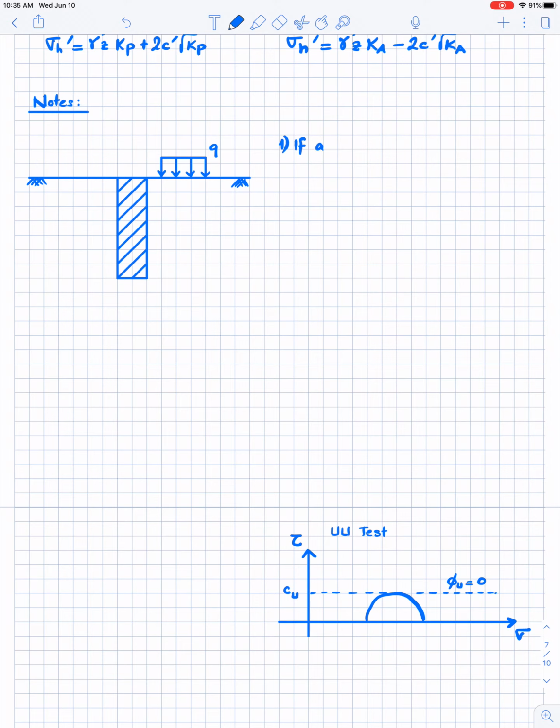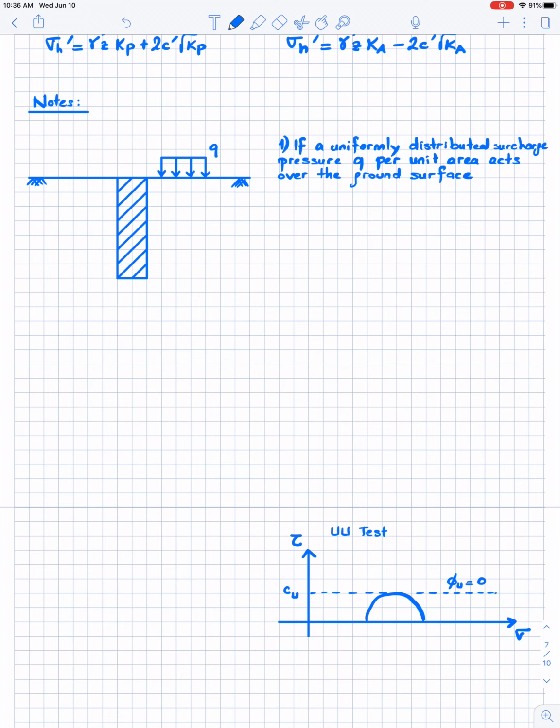If a uniformly distributed surcharge pressure Q per unit area acts over the ground surface, and something like this happens, then what we will be doing is that we are going to modify the lateral